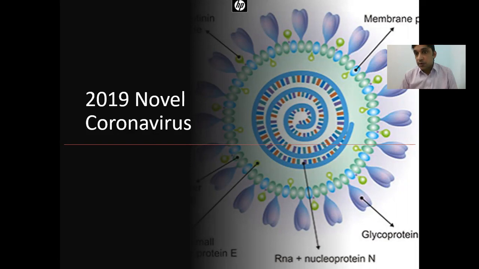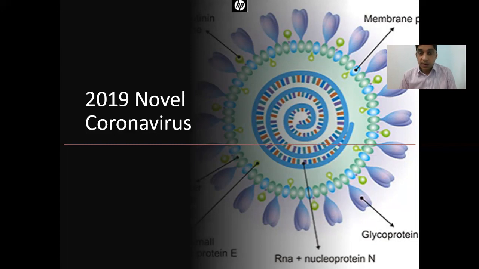But in this case, we, the scientific community, are still struggling to figure out who is the actual source behind the present coronavirus. When it appeared in Wuhan at the end of 2019, the Chinese scientists shared the genome sequence of the virus, and they came to know that it had nothing much similar to the earlier strains of SARS and the other viruses, so they started naming it a novel coronavirus.